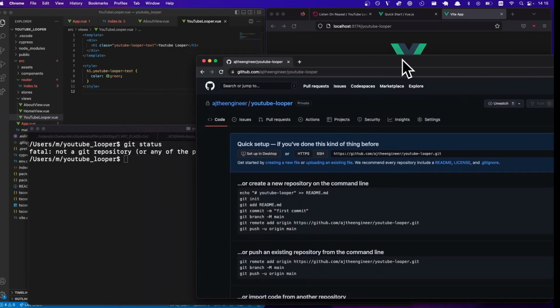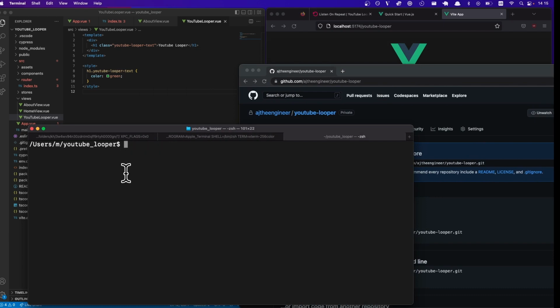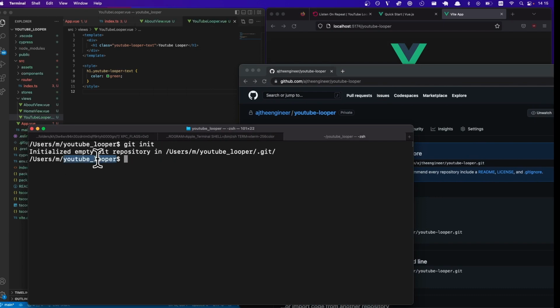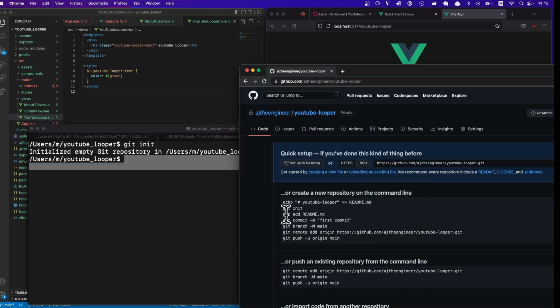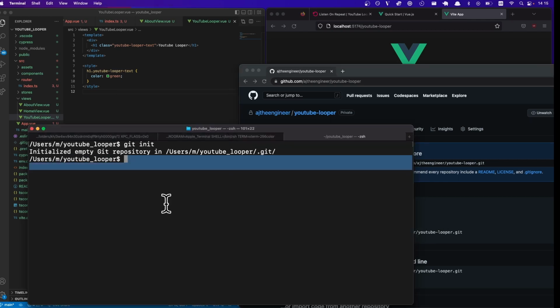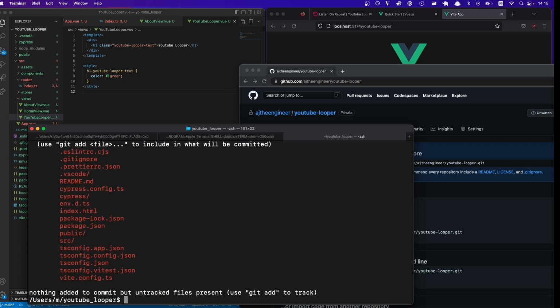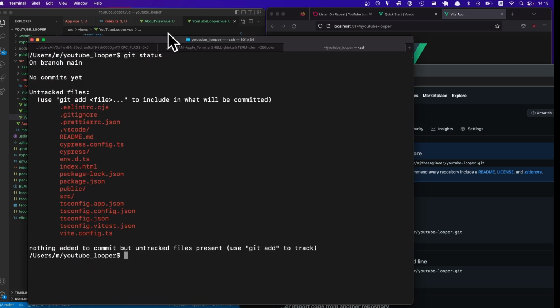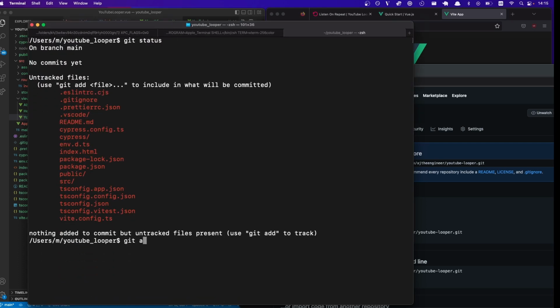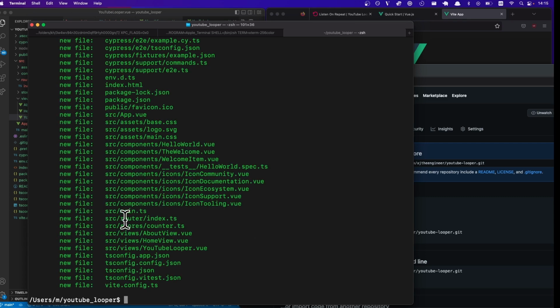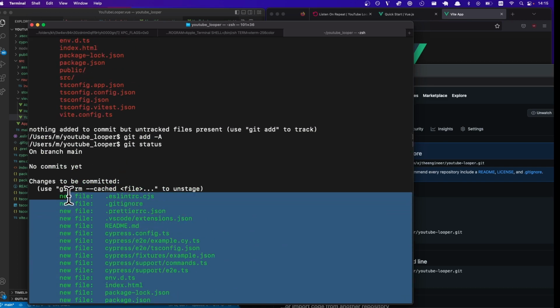And now we're going to follow the instructions. Basically, I'm going to do git init. So this makes this folder a Git repository. And I'm going to just add all the files. So if I do git status, it's going to show you all the files in red here that are not added to our repository. I'm going to do git add -A. And then if you do git status, you can see that all the files in this folder are now added to the,